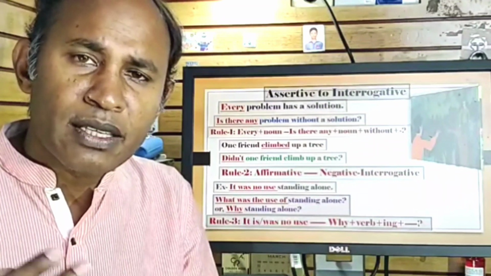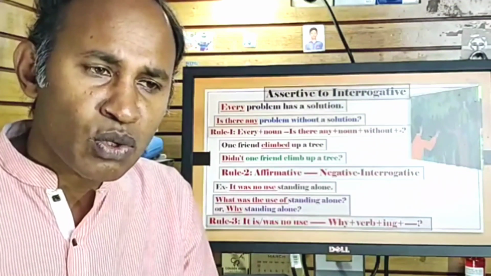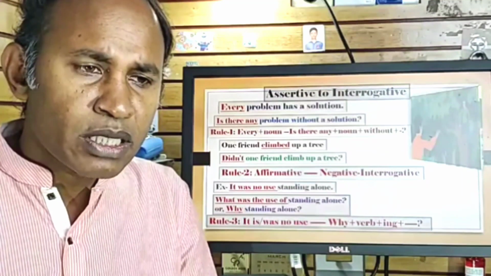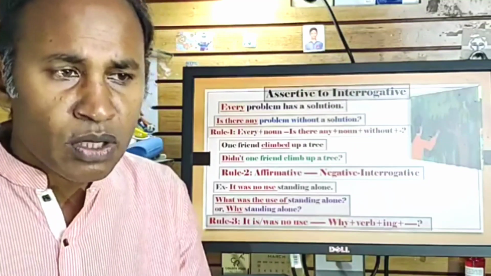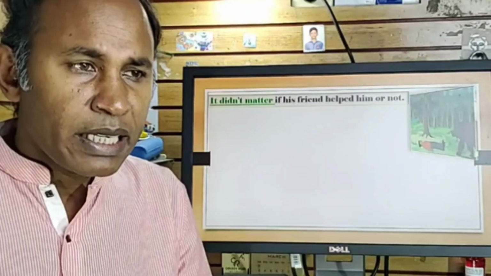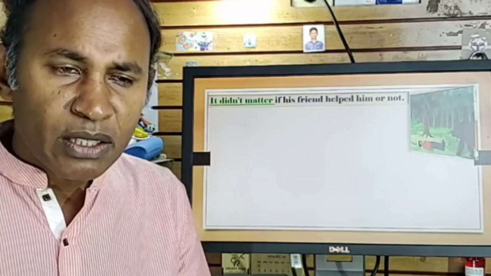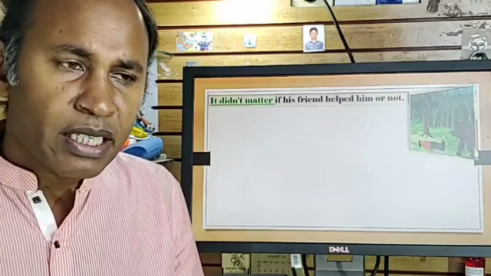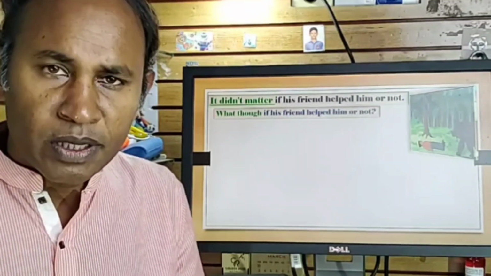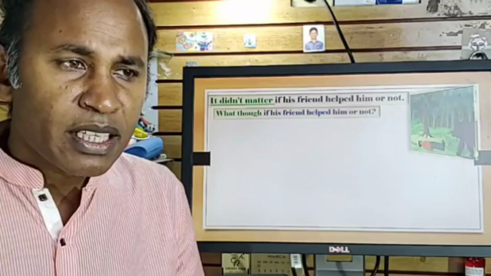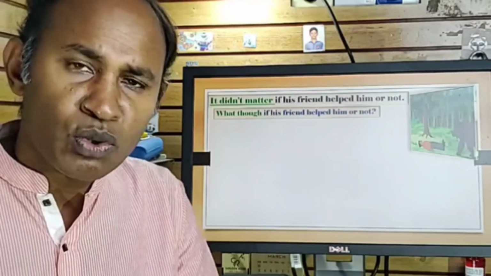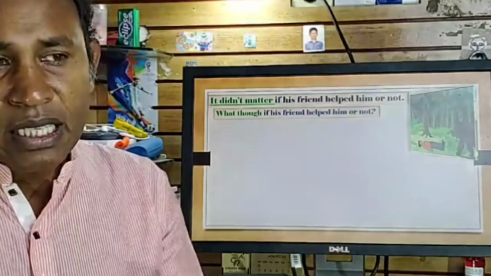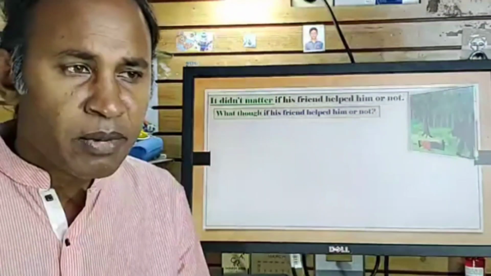verb plus ing অথবা is there any use অথবা what is the use of, তো এই দুটো রুলস এর পাশ দিয়ে তোমরা অবশ্যই লিখে নেবে যে what is the use of অথবা is there any use. Perhaps you understand this. It didn't matter এটা যদি থাকে, এই রুলসটা একটু কেয়ারফুল হবে, এই রুলসটা কিন্তু একটু ঝামেলার যে it didn't matter থাকলে আসলে what though বসাতে হবে। It didn't matter if his friend helped him or not, so in that case you have to use what though. So be careful, it doesn't matter and it doesn't matter অথবা it didn't matter থাকলে আসলে